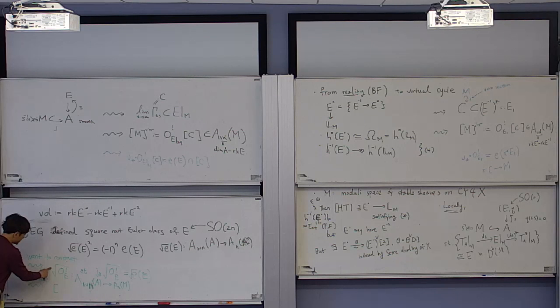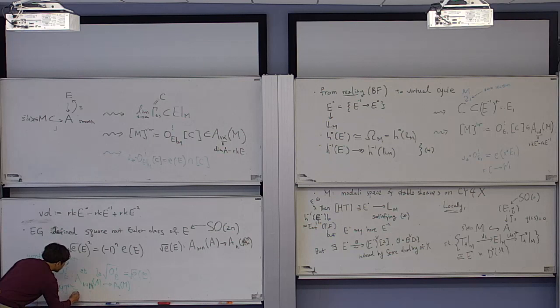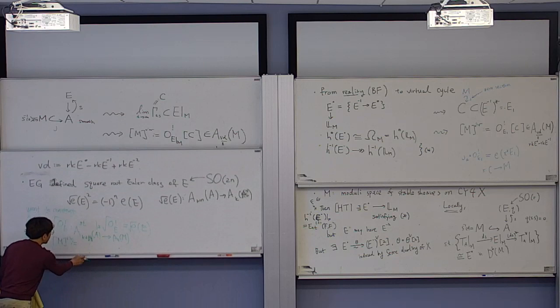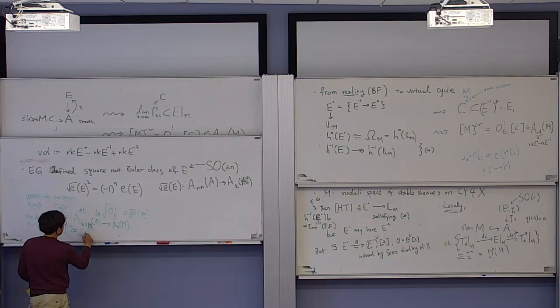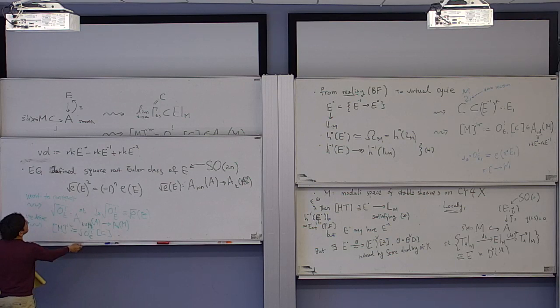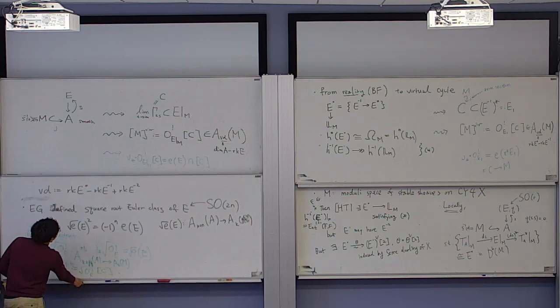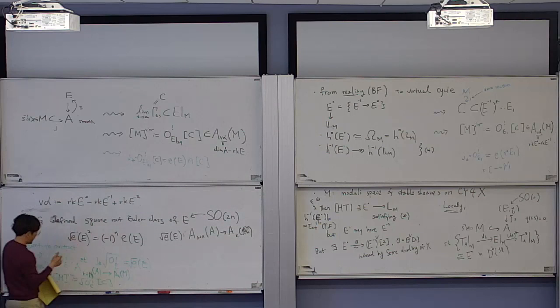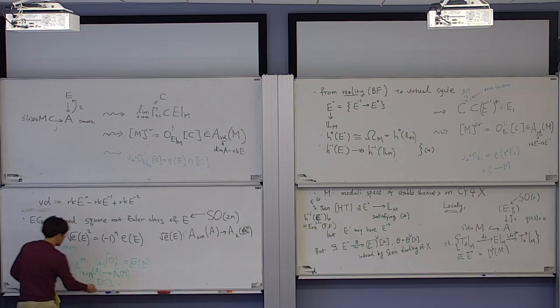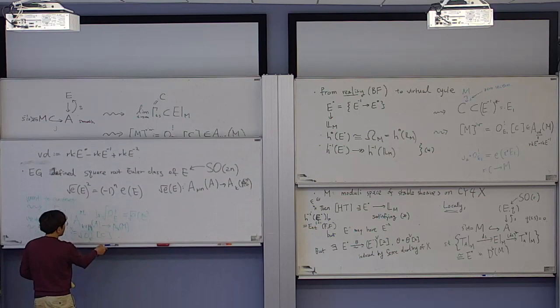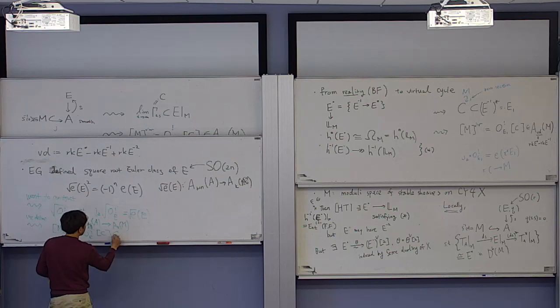After we construct this, we want to define our virtual cycle to be this class, as we did in the Pantev case. Then this lies in